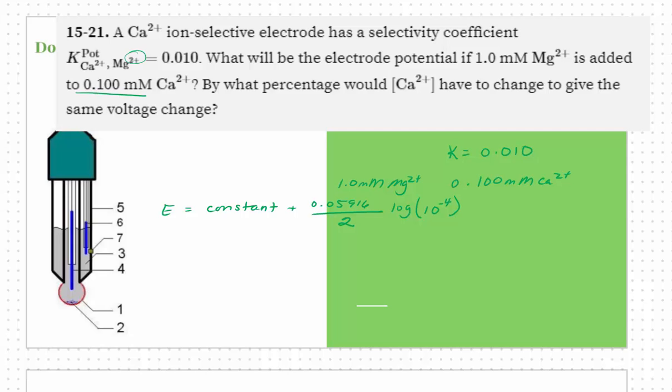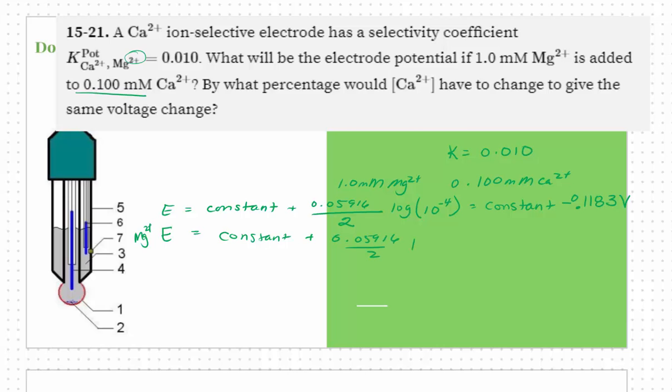So how do we go about this? Well, I can figure out what I know, and what I know is that the E is going to be equal to some constant that I don't know yet, minus 0.1183 volts. Okay, so the E with the addition of the magnesium becomes that same constant plus the